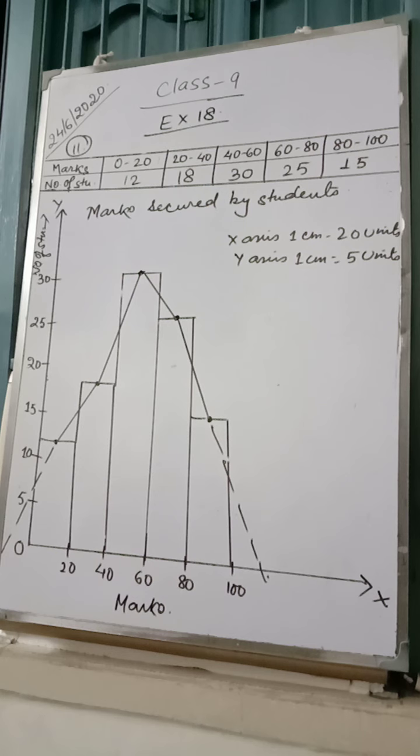Along with the histogram, you have to get the midpoint of the histogram as I got, and then you have to join the points one after another. First two, then second, third, then third, fourth, then fourth, fifth, and so on. Okay, this is known as the frequency polygon along with the histogram. It was question number 11.